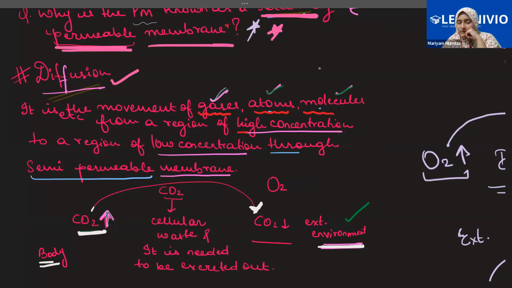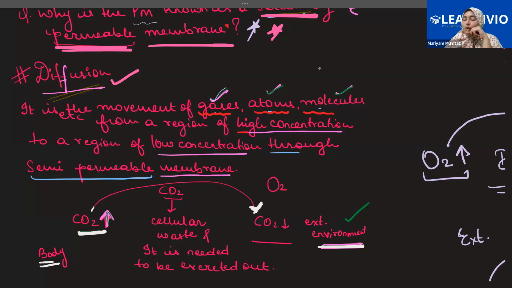No, ma'am. Okay. See, students, diffusion is the name of a type of movement. Now, in this case, what happens? The substances, let's just say gases mostly, and atoms, molecules. What happens is that whenever in one area, they are present in a higher concentration, you people are getting me? If I say that anything is present in a higher concentration, what do I mean? If anything is present in higher amount at one place.